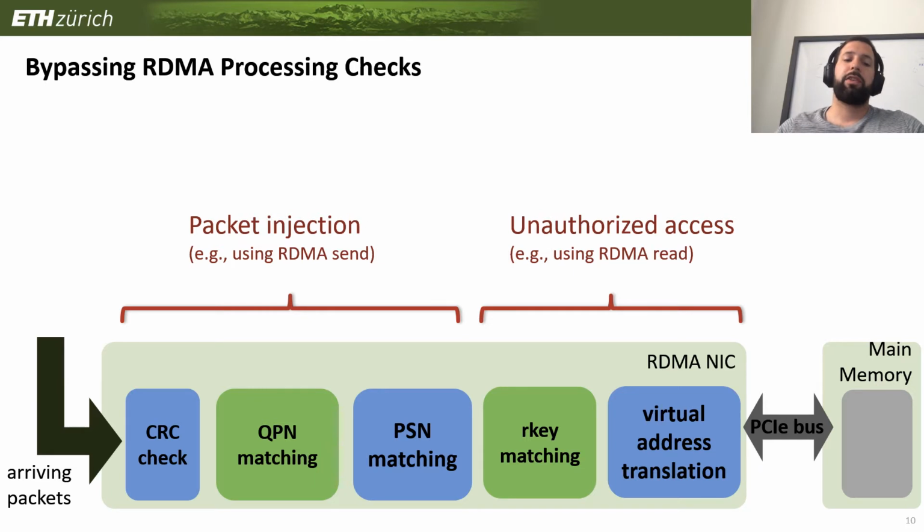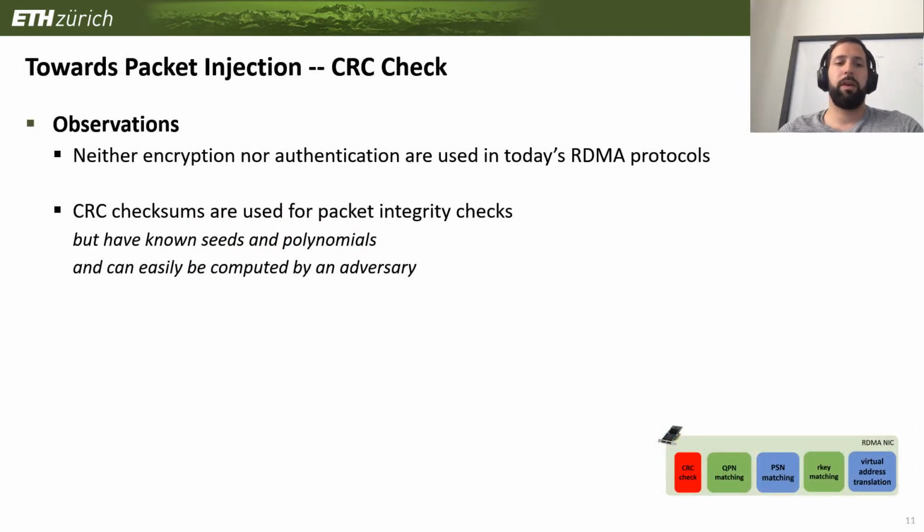So for packet injection, we actually need to bypass the first three checks. Packet injection can happen, for example, using RDMA Send. And then for unauthorized access, we also need checks 4 and 5. So this would be like an RDMA read. So let's see,